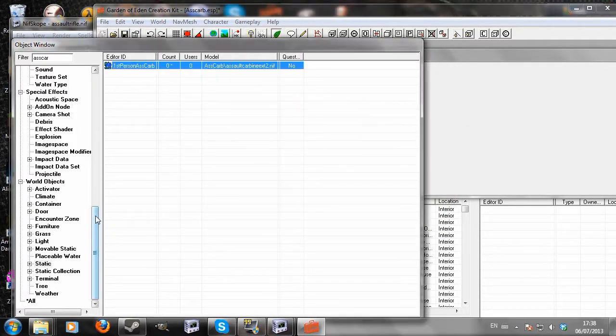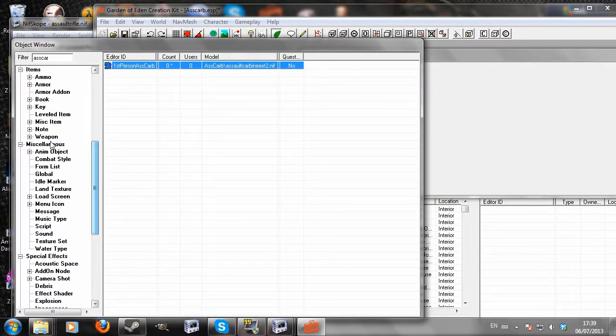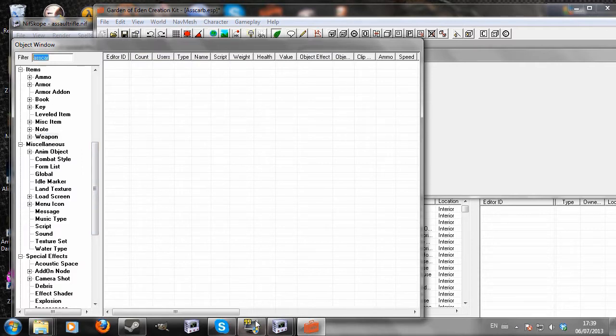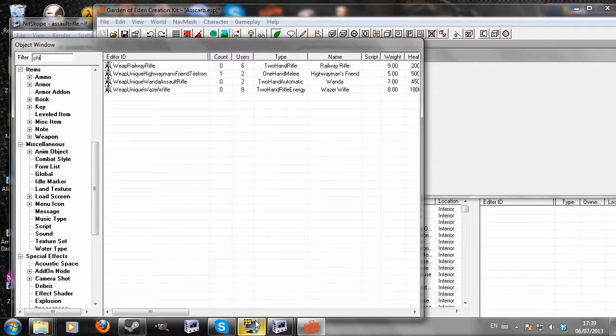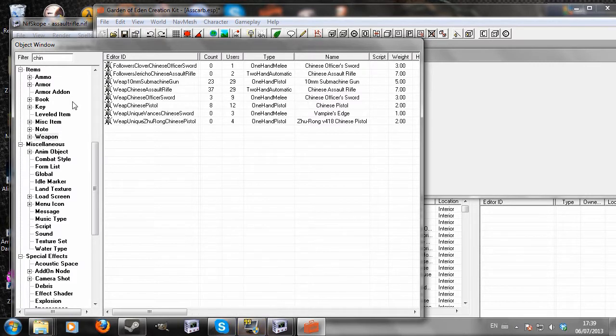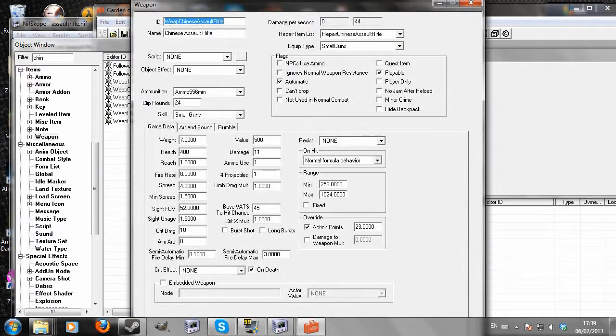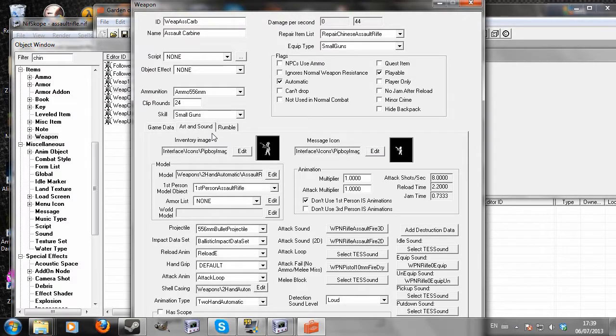Okay. So we're going to scroll up to weapons, and the quickest and easiest way of doing this is I'll just go to the Chinese assault rifle, change its ID to something unique, change its name, and go to art and sound and hit